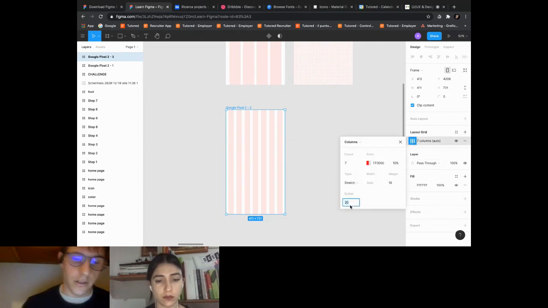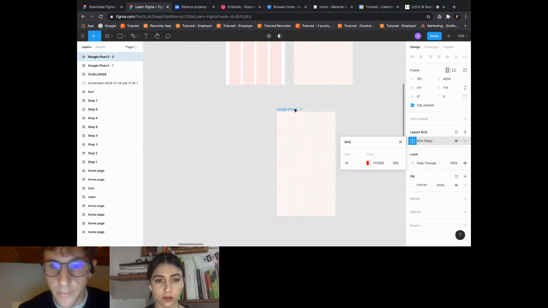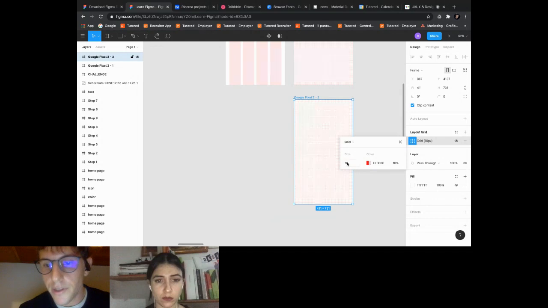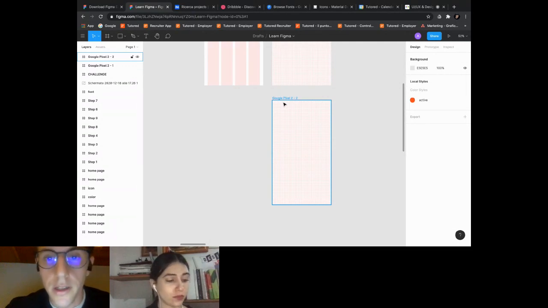And the gutter is the distance between the columns. Okay, I prefer to use grid because I think it's better for me. A little tip: use a multiple of 8, because in design we usually use multiples of 8 for distance between elements.